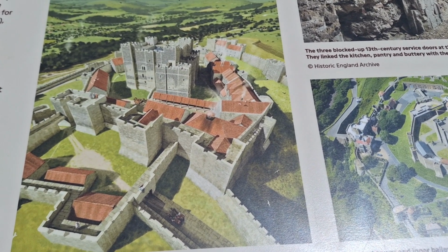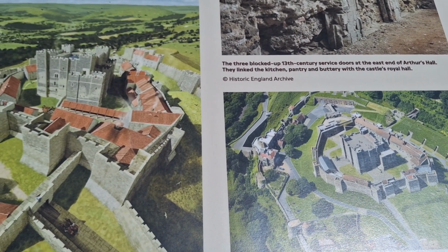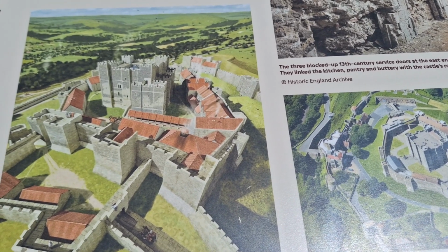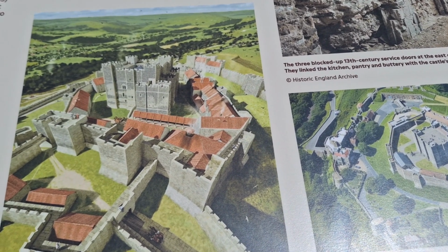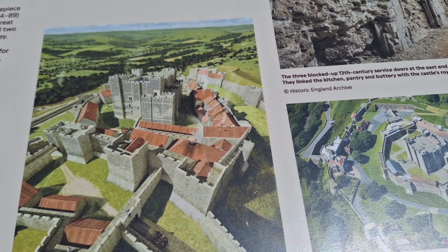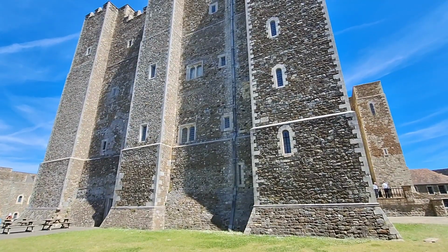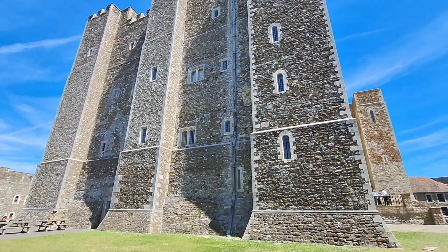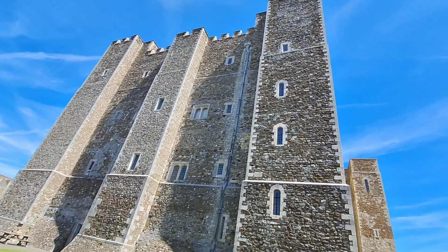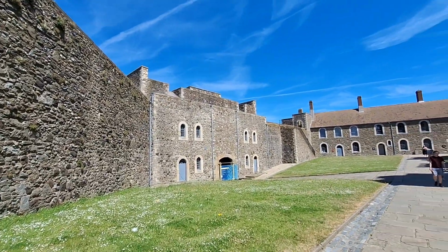This is something I can't do, so I don't have a drone. But we are at the Inner Bailey of the castle, and this was built in the mid-12th century by Master Mason Morris for King Henry II. Now before I go in, I want to walk around it, show it to you, and also tell you a little bit about its history, the buildings around it,